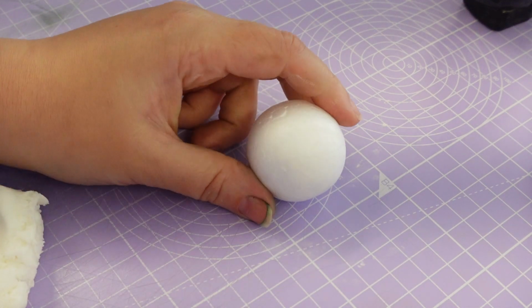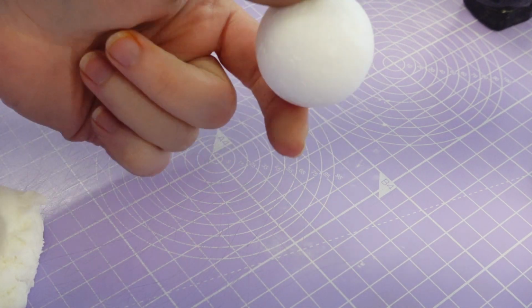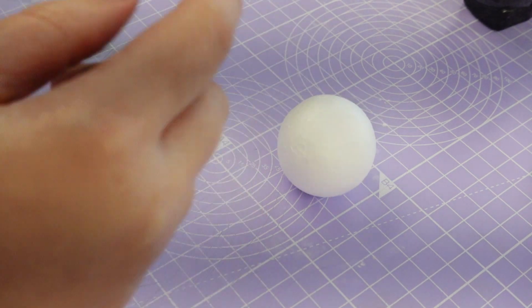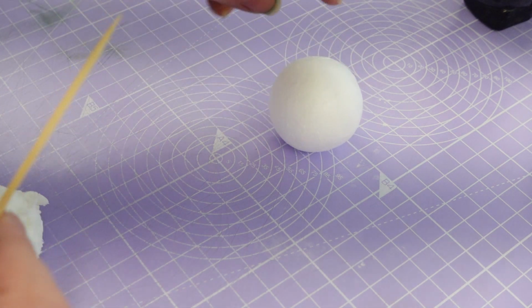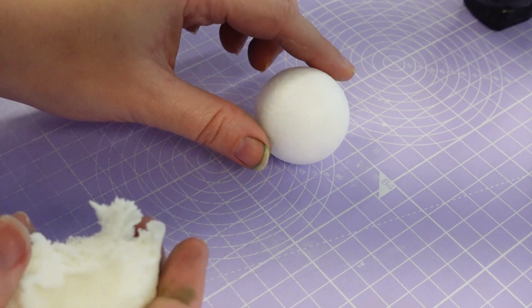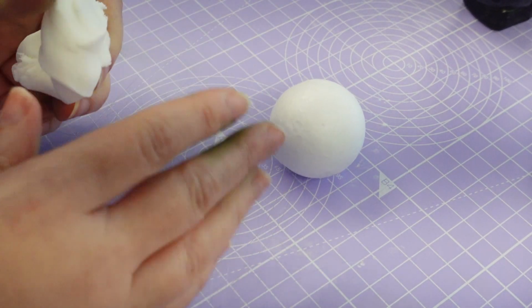Right, now we're on to BB-8, and BB-8 is a very round character, and we want it to keep its shape, so we're using a polystyrene ball for the inside. It also keeps it nice and lightweight. If this was just round sugar paste and you put it down, it's eventually just going to slump. So I always have lots and lots of polystyrene balls, all different sizes in my studio, on hand for things